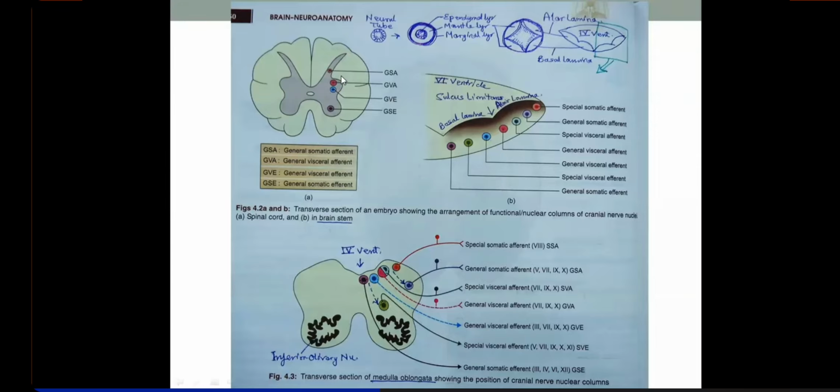Now, same thing in the case of the spinal cord, the pattern will be the same. Remember, the somatic column will be placed medially. Like the general somatic efferent, which was anterior most in the spinal cord, will be medial most here in the base of the brainstem. And the afferent column for this, to complete the arc, will be this, the general somatic afferent. So the general somatic reflex is making this arc, afferents coming here and efferents moving out from here.